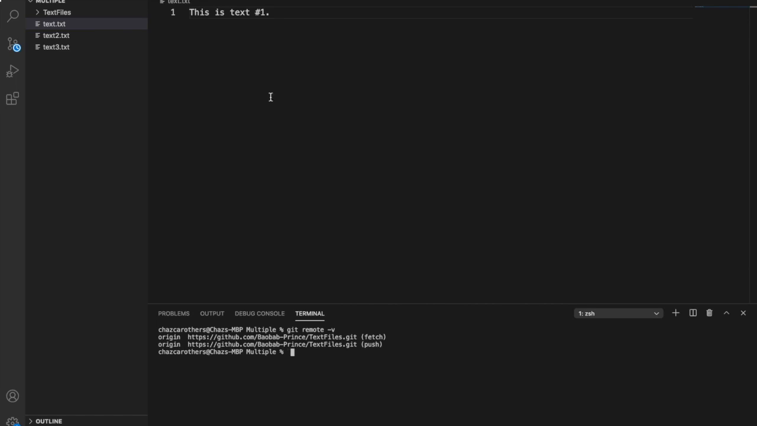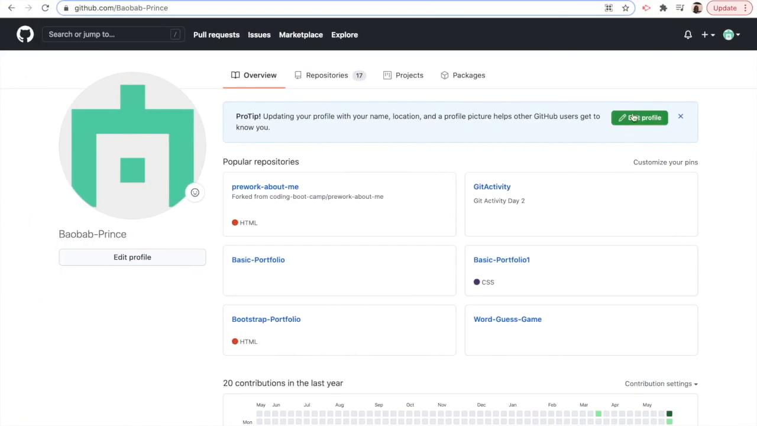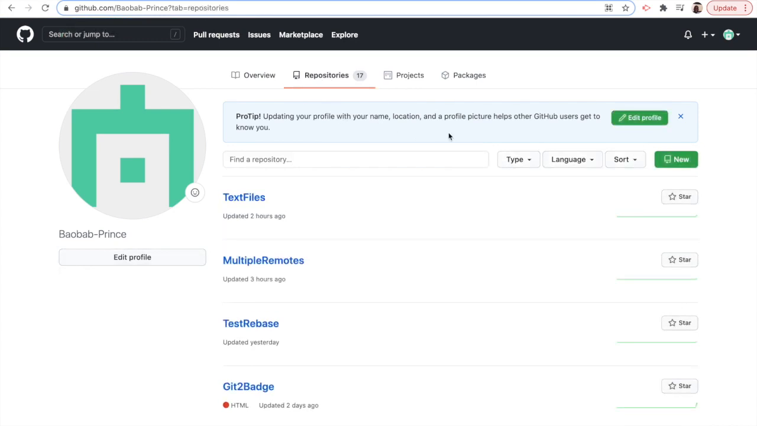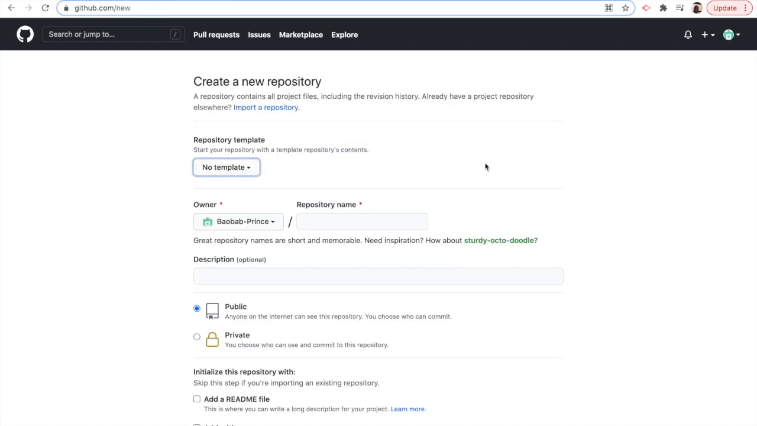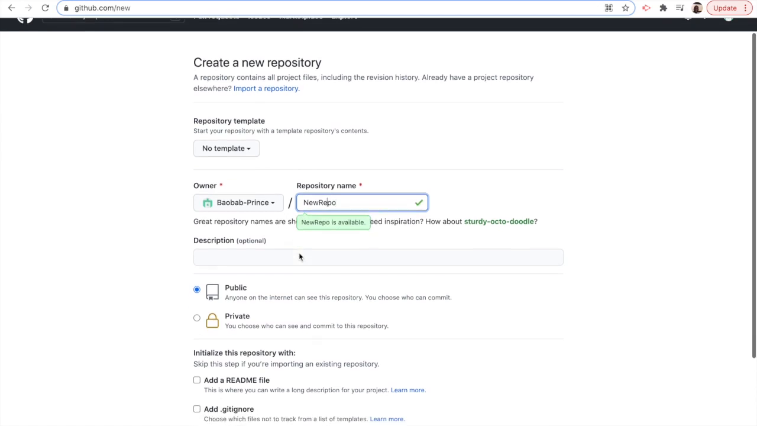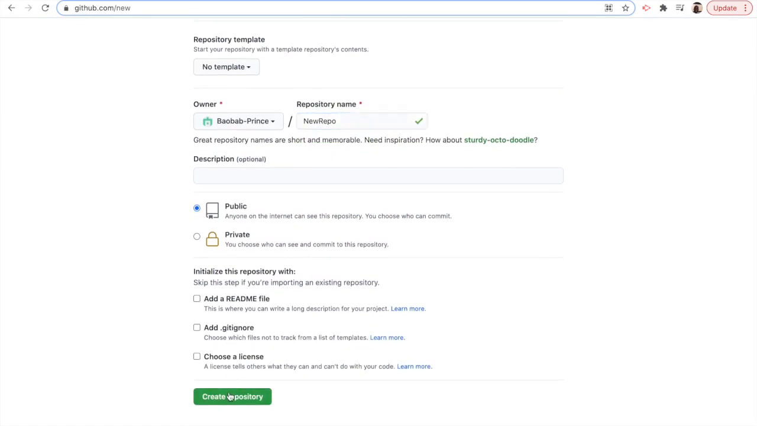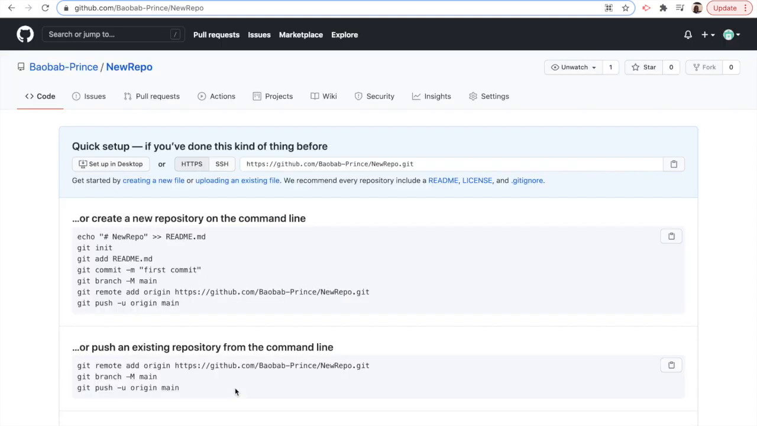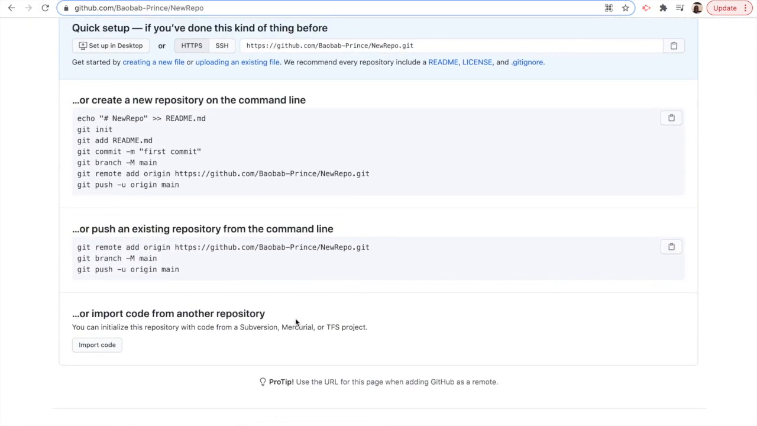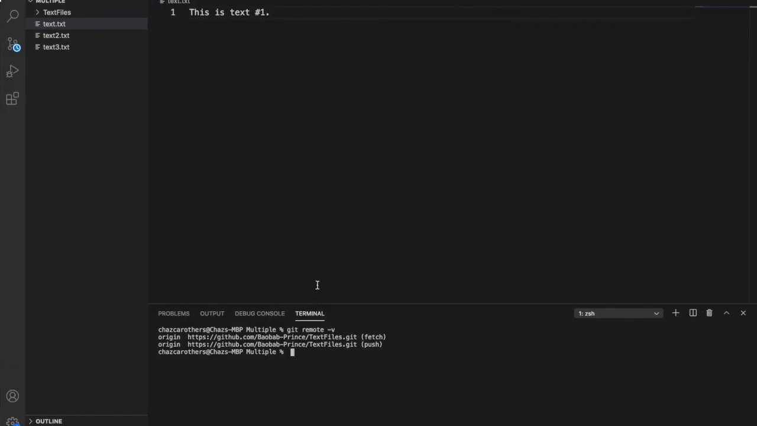So what we can do is go back to GitHub, and we can click on repositories, and let's create a new repository. We'll call it new repo. We won't necessarily put anything in just yet, but here it gives us instructions on how to push an existing repository from the command line. So we can just copy that and go here,